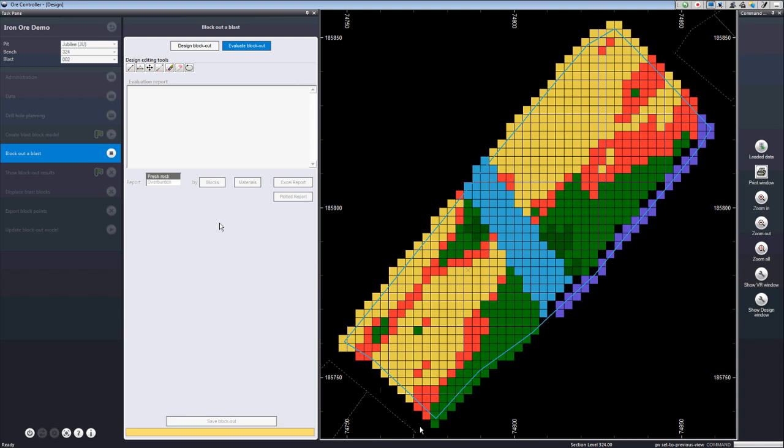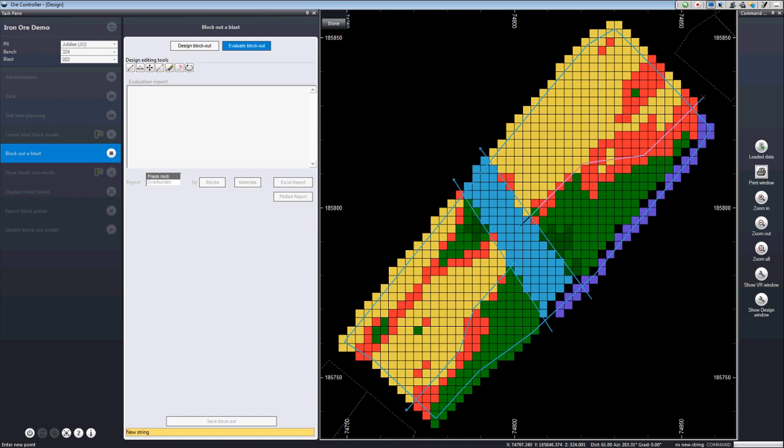First of all, I'm going to draw some lines across the design that I have, first to eliminate the waste area, and then to divide the rest of the blast with just a few lines into different regions.